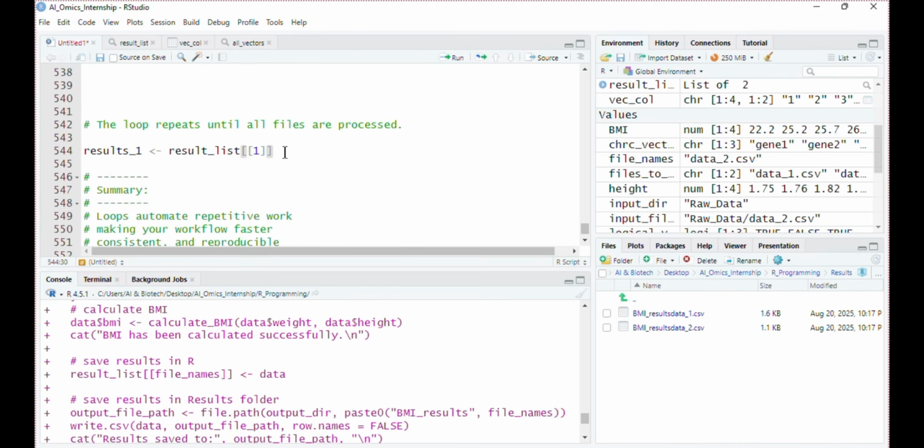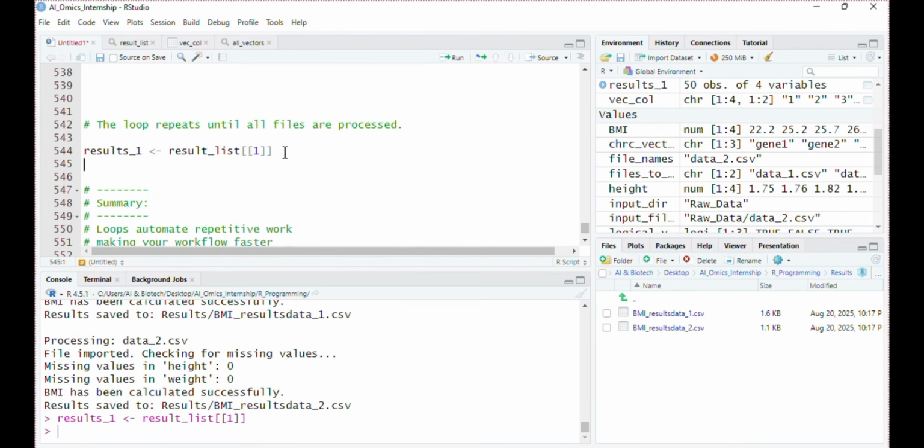It will extract the result into the result1 variable for data1. Similarly, results2 for dataset2, result list and element 2, that is our dataset2.